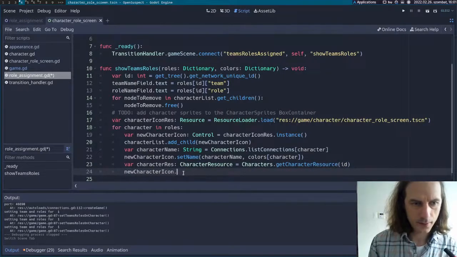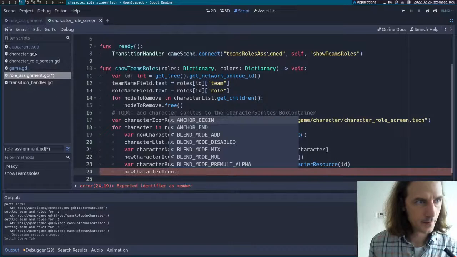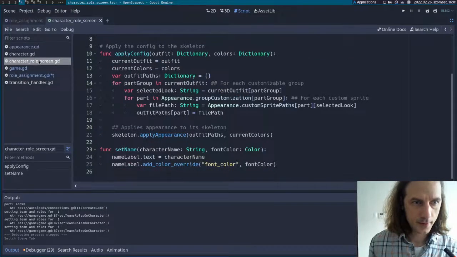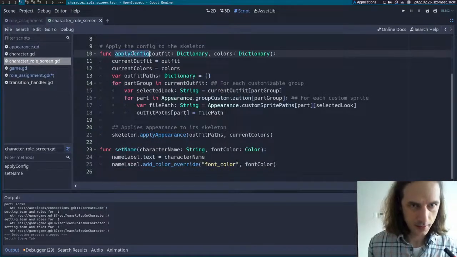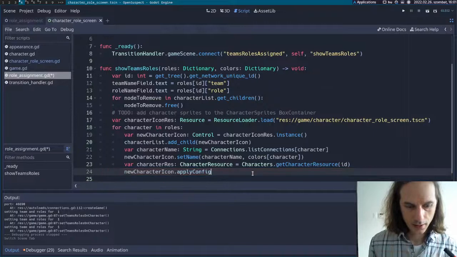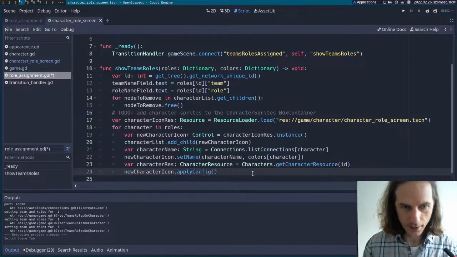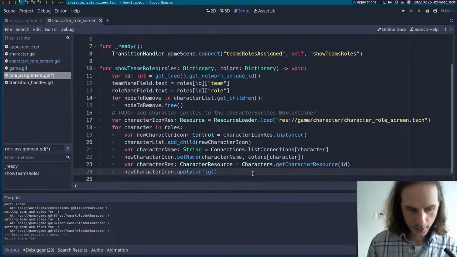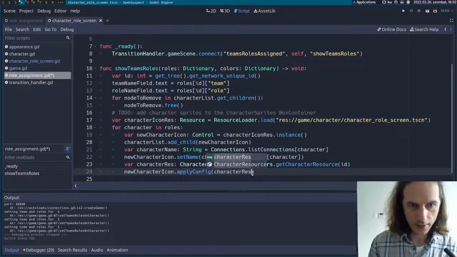And we can use the apply config function here with character res